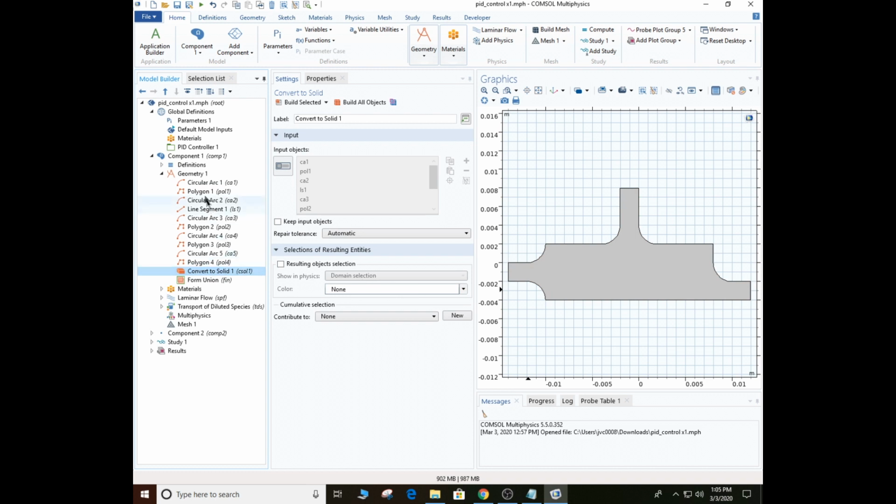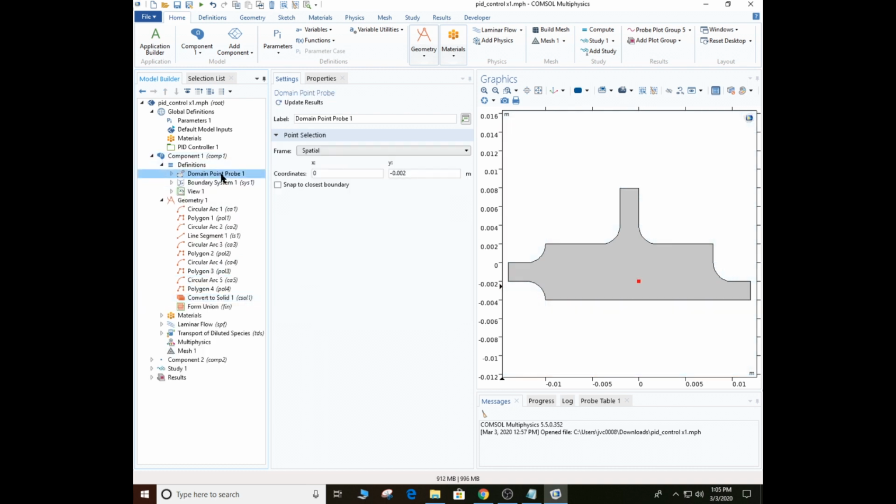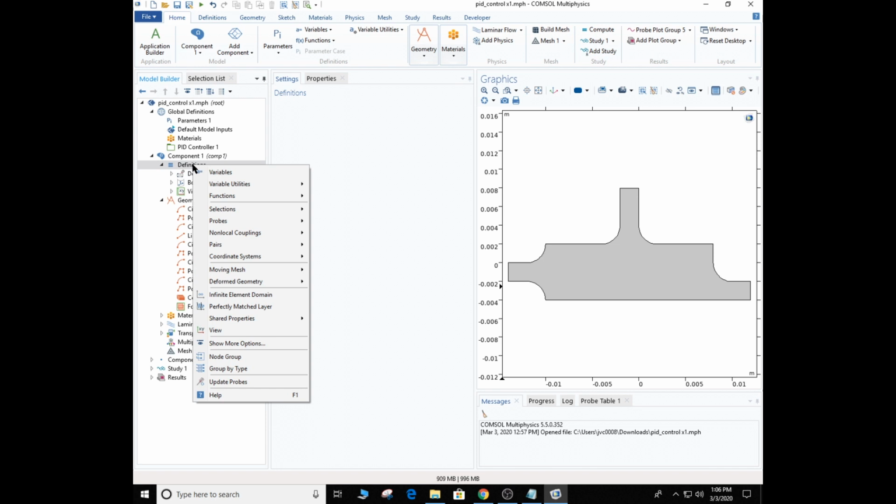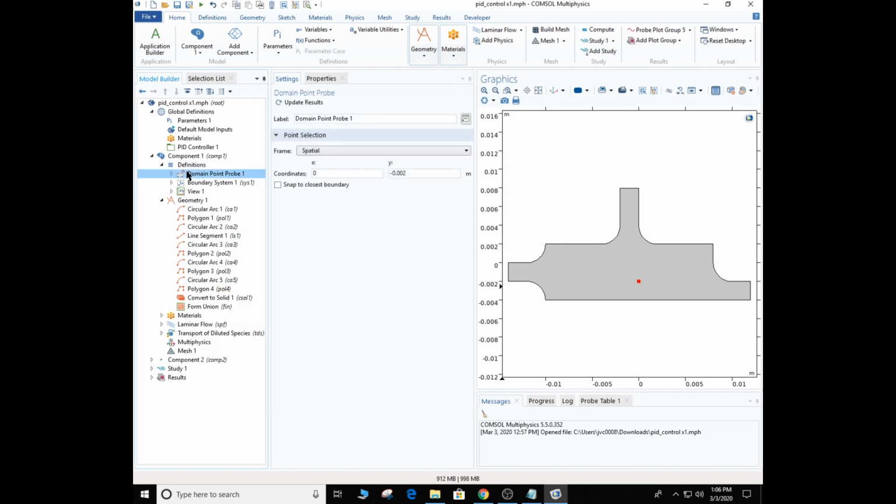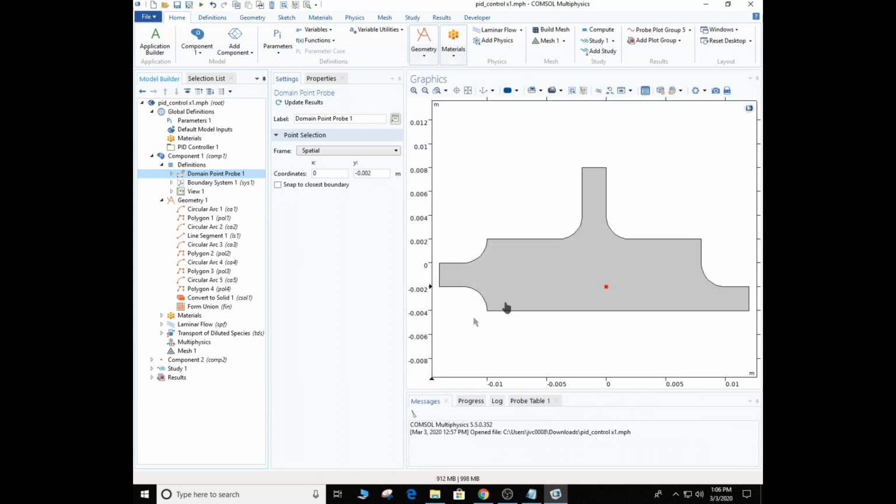Next, let's go to our definitions here. Now this is where we told it where to put a probe. Okay. Now it's already loaded here. But what you would do is you would right-click on here, and then you would go to probes, and then you would choose your probe here. And if you click on probe, right here, domain point probe, it has the coordinates. And these coordinates are the coordinates of this point right here. So over 0, up